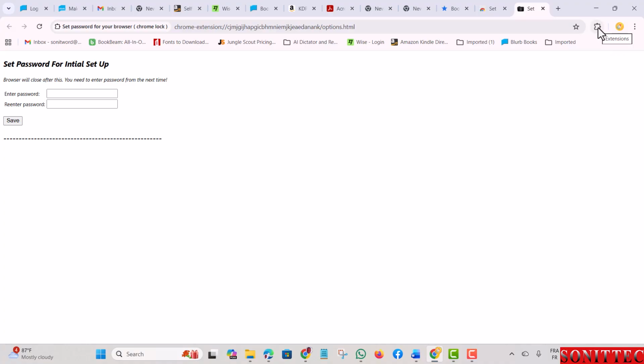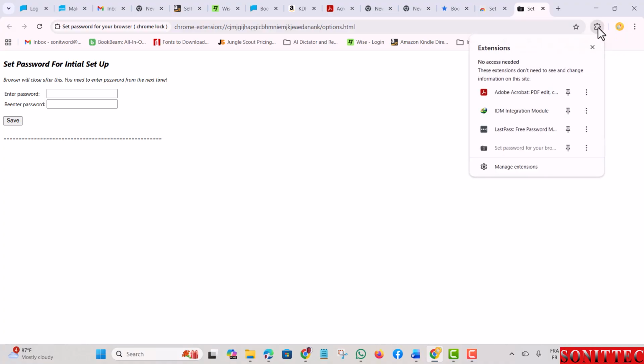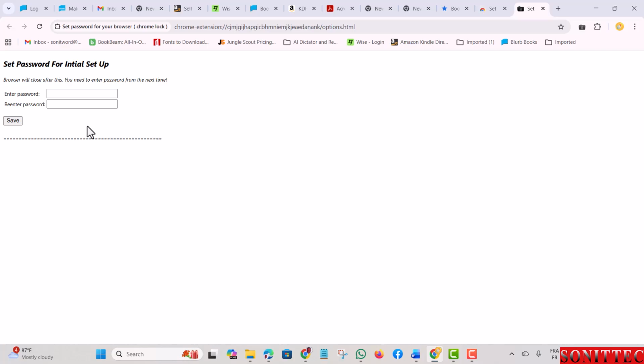You click on this, you pin it above here, it has to be here. So now you install the application to protect your browser. You're going to enter password, confirm,